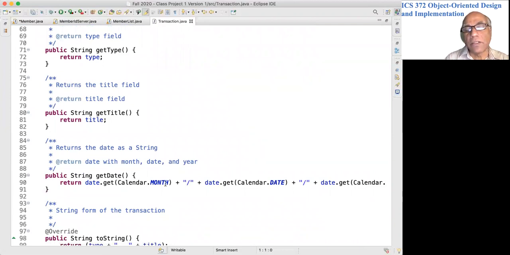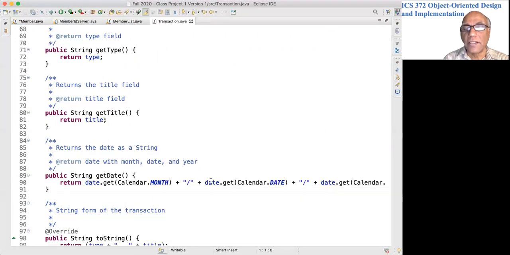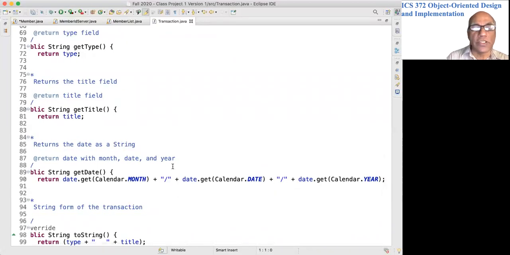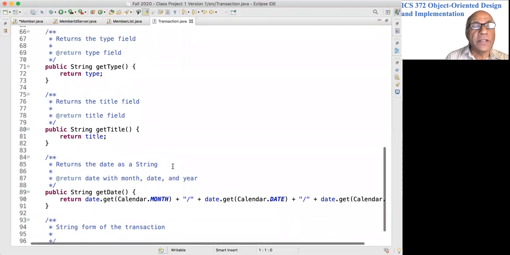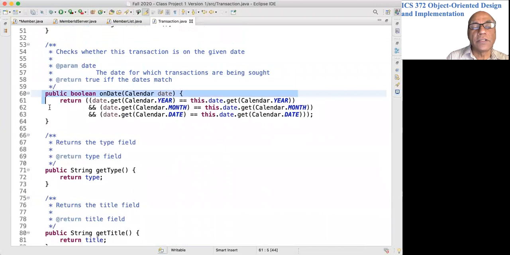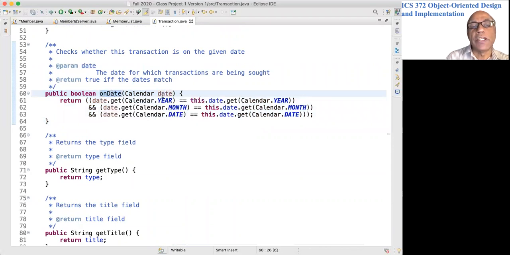You get the month, put a slash, the date that is in the date object, and the year. So you concatenate those using slashes. Then the other big method here is onDate. The question is, is this transaction on this particular date? So you're getting a certain date as parameter, and this method will return true if this particular transaction was performed